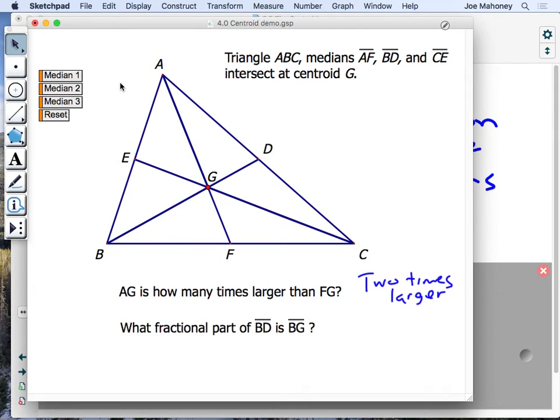So this question is, what fractional part of BD is BG? So notice that that thing flipped a total of 3 times, and 2 of them were on BG. So BG is 2/3 of BD. And let's do one more. Median number 3. Ah, this is so cool. So this time we want to know what fractional part of CE